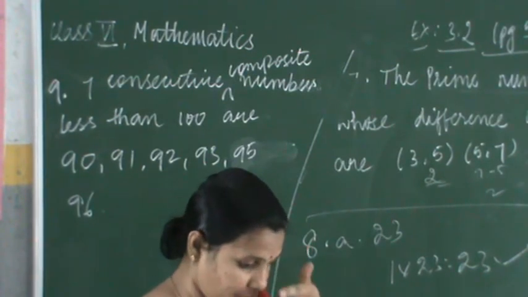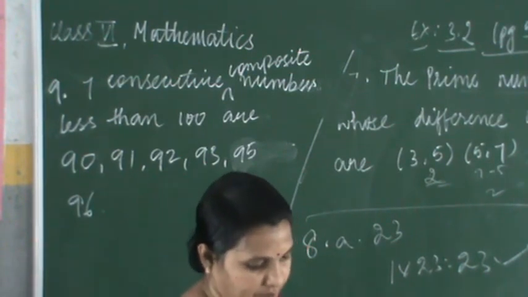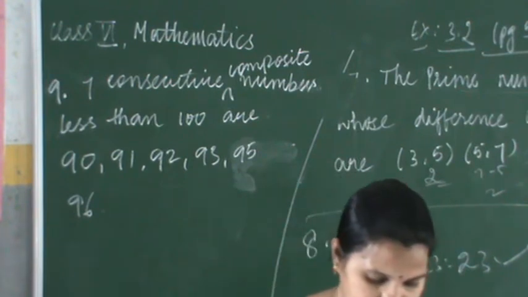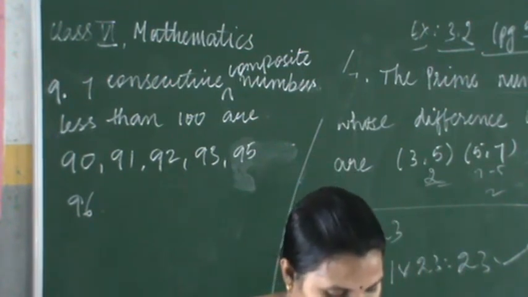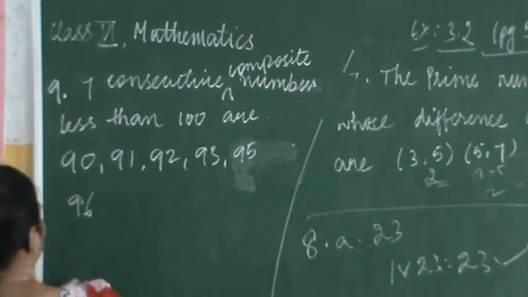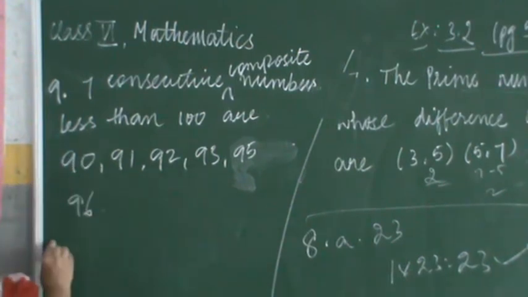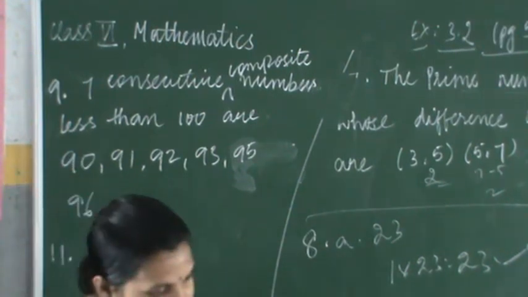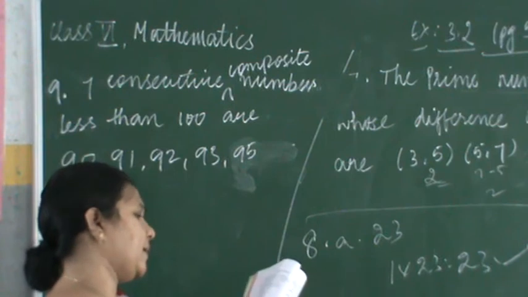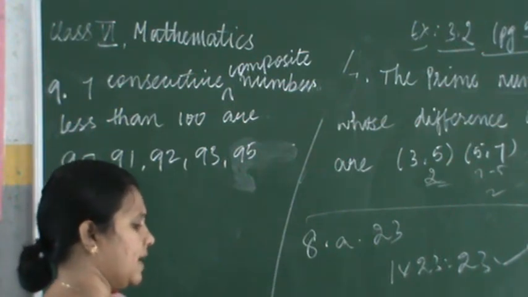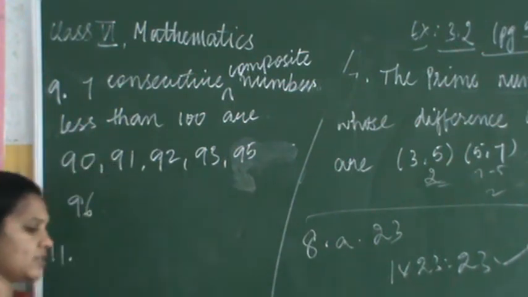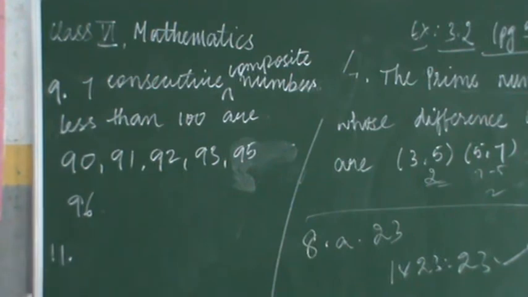10th one. Express each of the following numbers as the sum of 3 odd prime numbers, as we did before. 10th one is for homework, children. 11th one. Write 5 pairs of prime numbers less than 20 whose sum is divisible by 5. Let me explain the 11th one. What is the question he is asking? Write 5 pairs of prime numbers less than 20. We have to write 5 pairs, children. I will explain, and you list them out for homework.